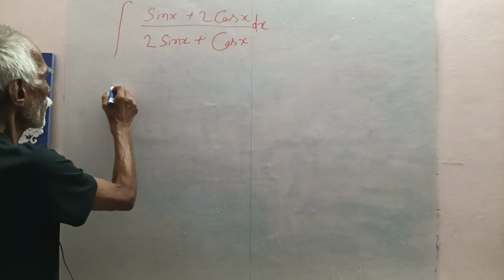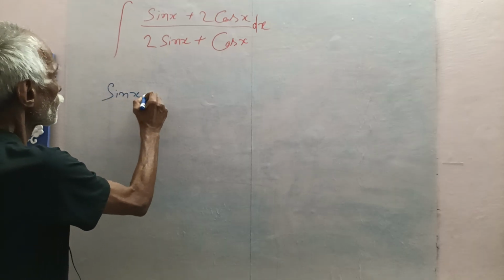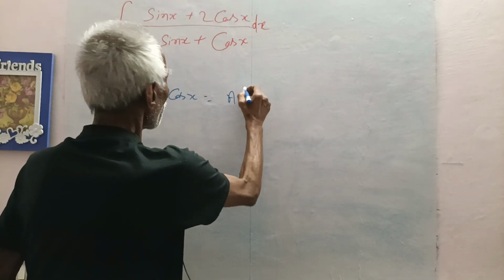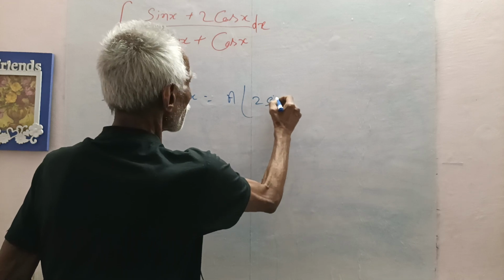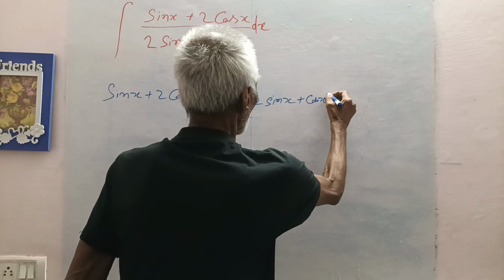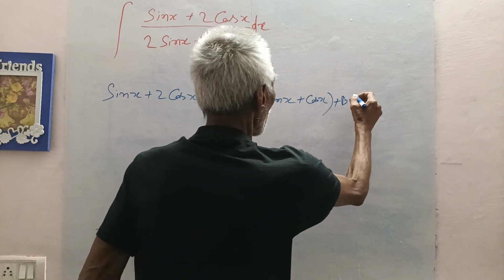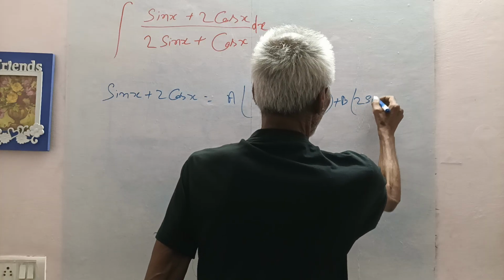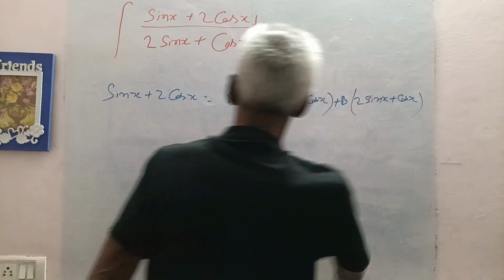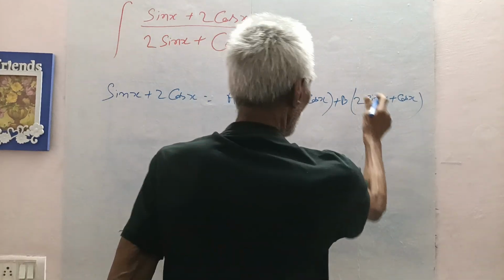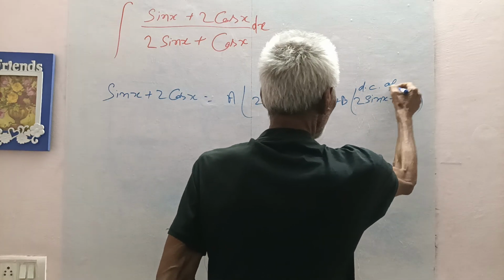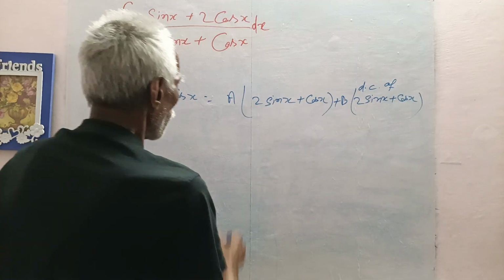Therefore, write sin x plus 2 cos x is equal to a into (2 sin x plus cos x) plus b into the differential coefficient of 2 sin x plus cos x. Now write as